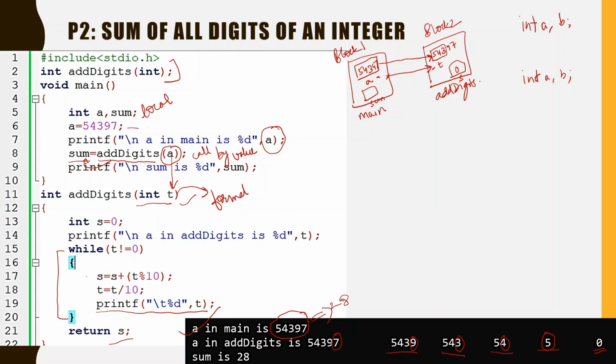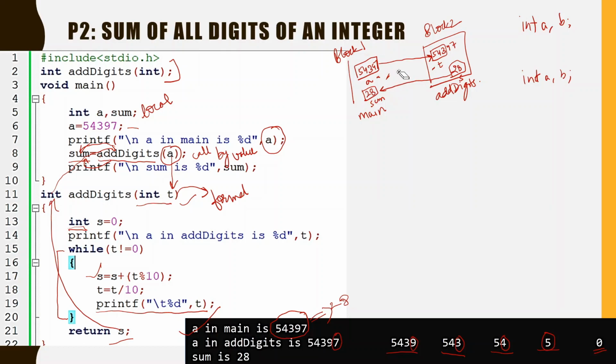The s holds the sum of the digits, that is 28, but it is not printed in the called function. Now it transfers this s to the return data type, and if it is not in the same data type, it would be converted into the return data type, and this would return the value to the function, and this function return would assign the value to the output. This 0 which has become 28, this value is copied to the sum variable. So this is what happens.